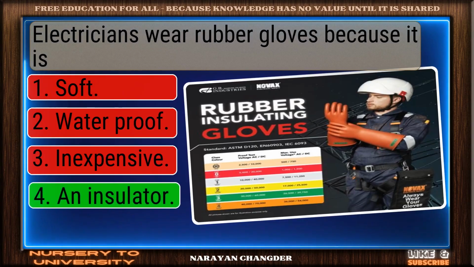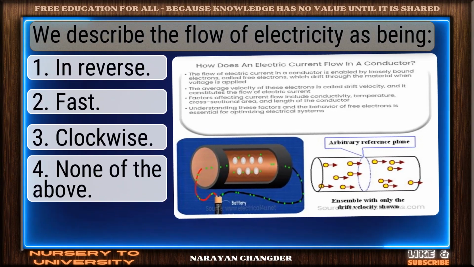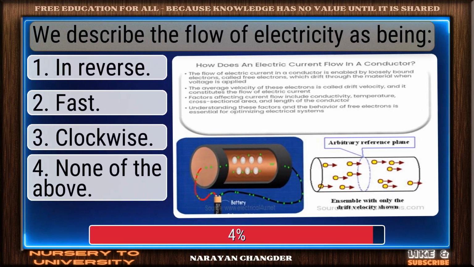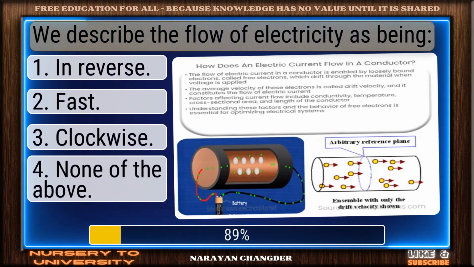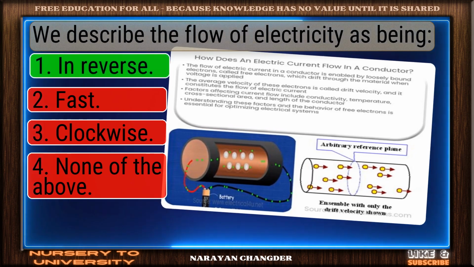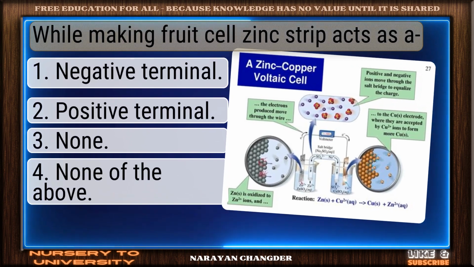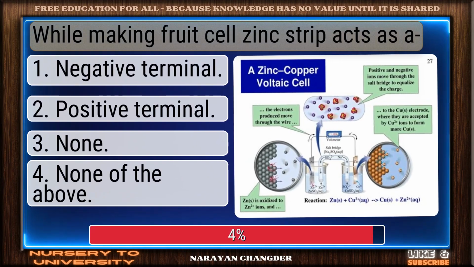On track. An insulator is the correct answer. Question number 102. We describe the flow of electricity as being. Perfect. In reverse is the correct choice. Question number 103. While making fruit cell zinc strip acts as a